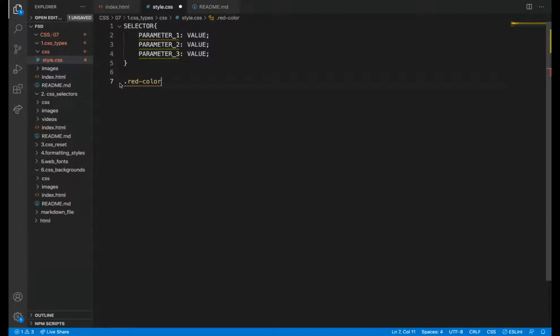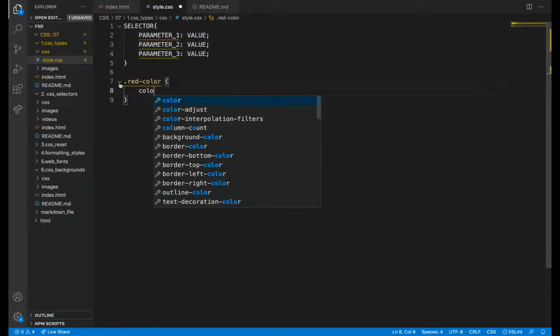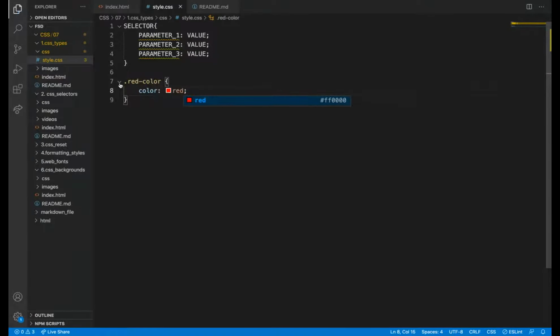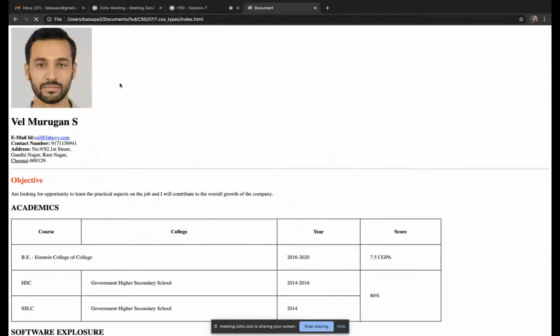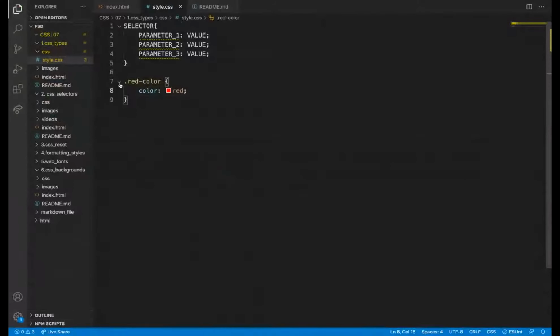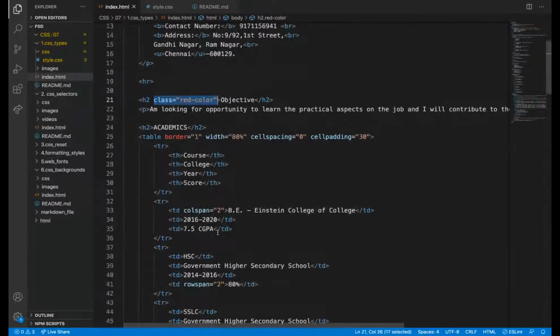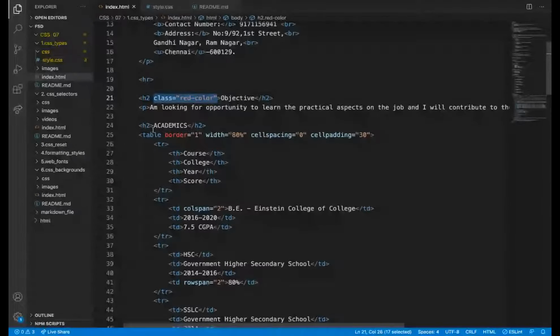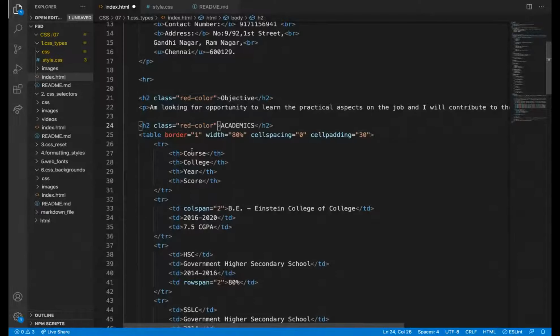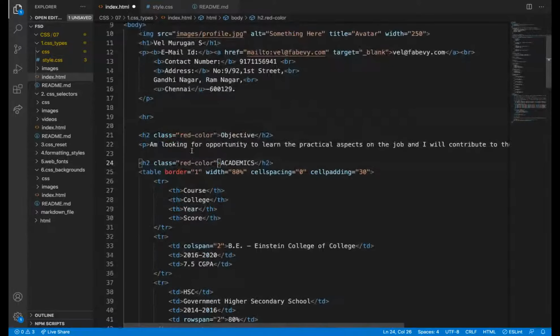Dot red color. And then I am giving color red. So only to one tag I have applied, but if only one tag is needed, then we can directly write style attribute itself, right? Because if we are applying style to only one element, style attribute is enough.